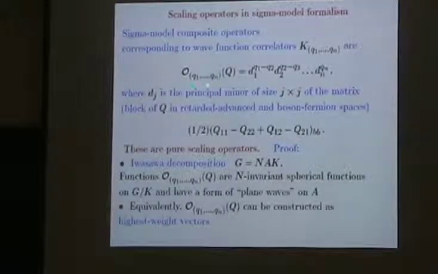These are composite operators, so there are some functions of Q, constructed from the matrix Q in a way which is quite intuitively understandable if you look at the definition of this object in terms of wave functions. So it's a product of these D1, D2, ..., Dn to the powers, where the Dj are